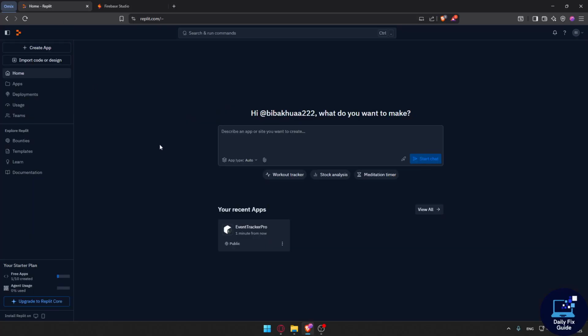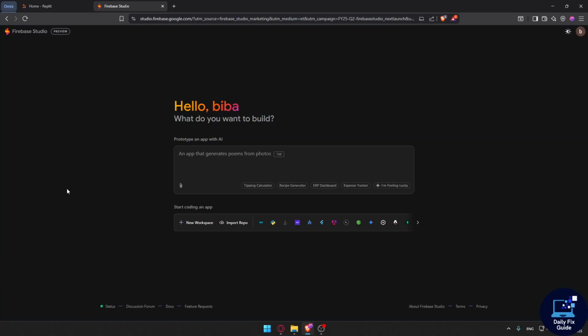For Replit, as an example, it's a full in-browser IDE. It supports over 50 languages, and it has multiplayer coding, built-in hosting and deployment, and also new AI completion with Replit Ghostwriter. For Firebase Studio, it has a visual backend builder, like the DB, Auth, and API, and it